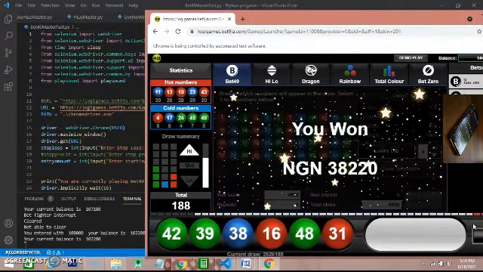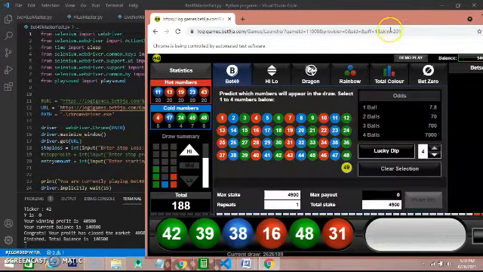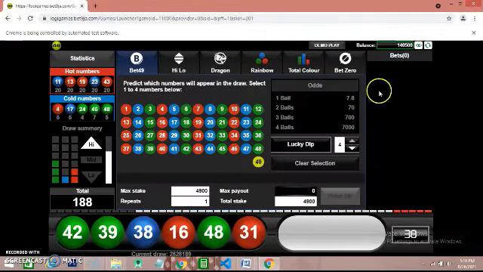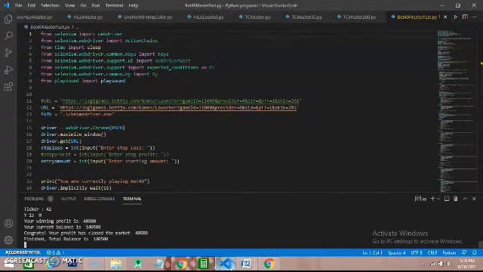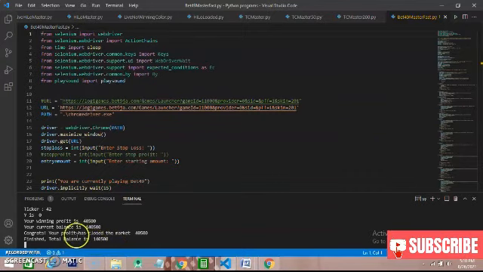As you can see, I've made my money, and it will take me out of the account immediately because I have made the money I promised to make. You can see I have a total of 140k here, so my profit is 40,500. So it has closed the